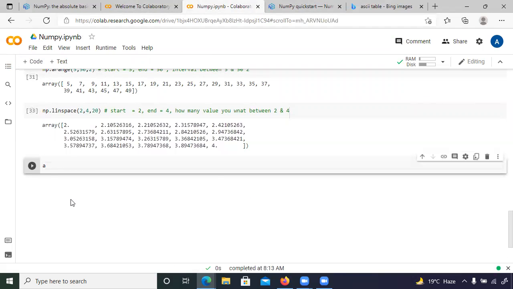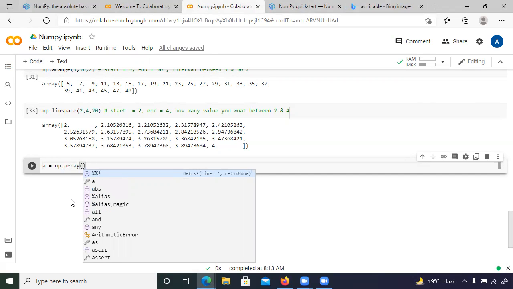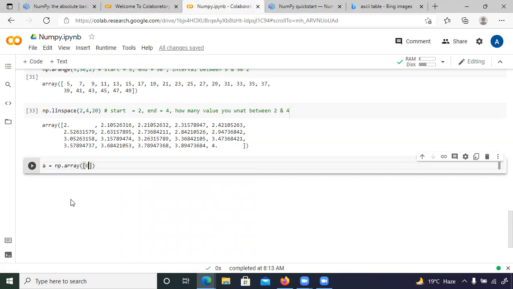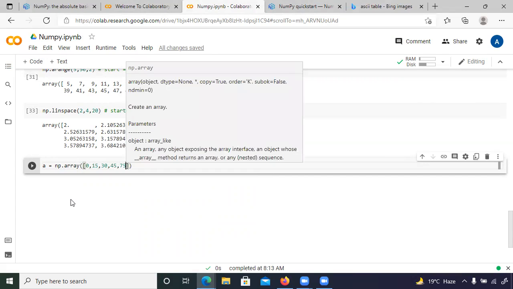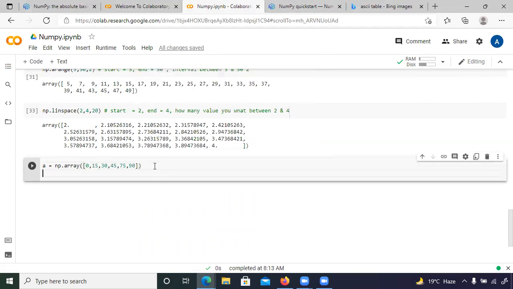I am creating a here. a is equal to np.array, and let's take trigonometry values only. In trigonometry, the divisions are like 0, 15, 30, 45, 75, 90, right?